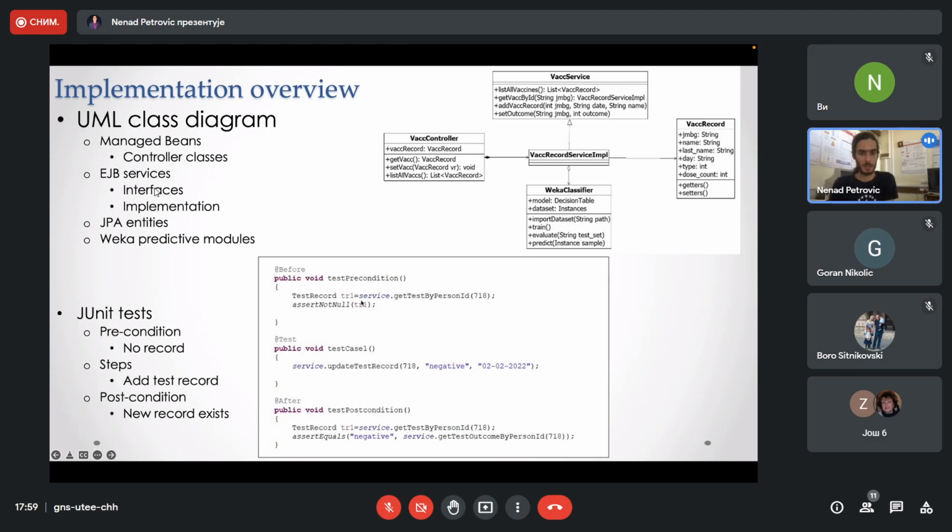So here we first check if there is no test record for some person. In the test case, we update the outcome of the test record, and finally in the postcondition, we update the outcome by using the negative value, and finally we check whether the change is visible in the database, whether